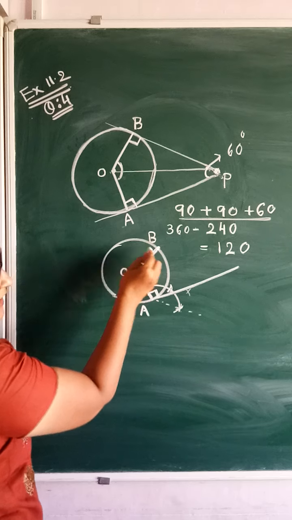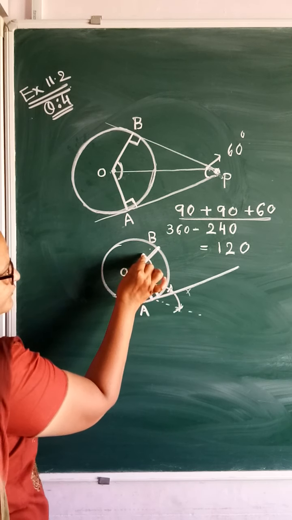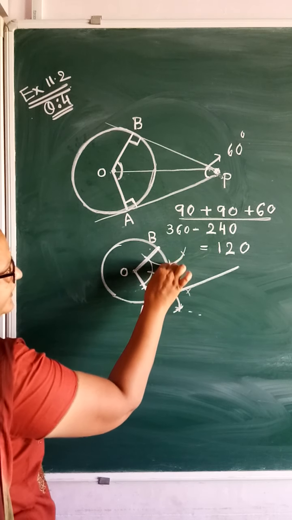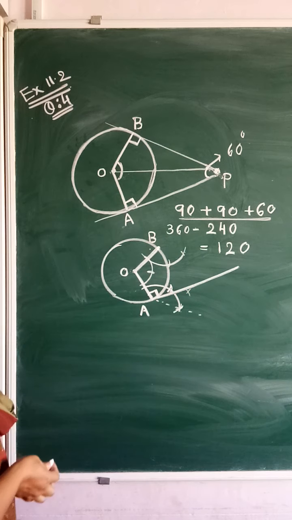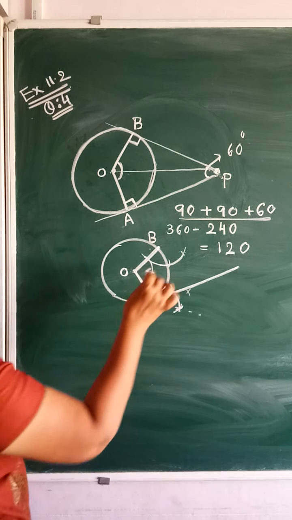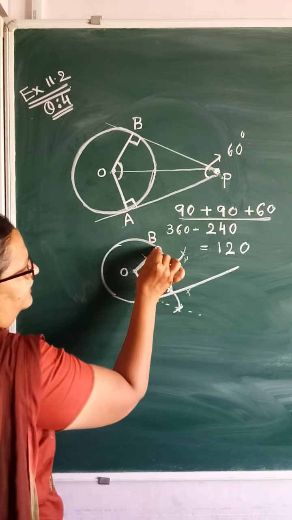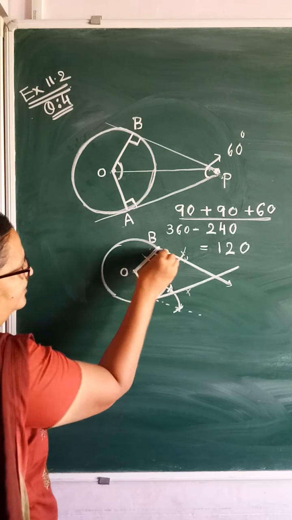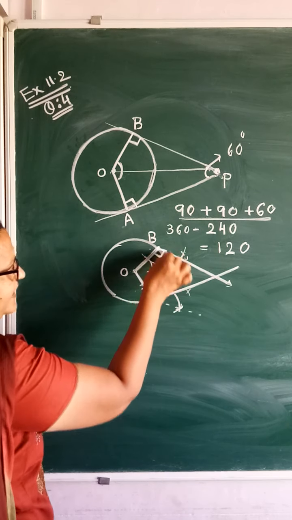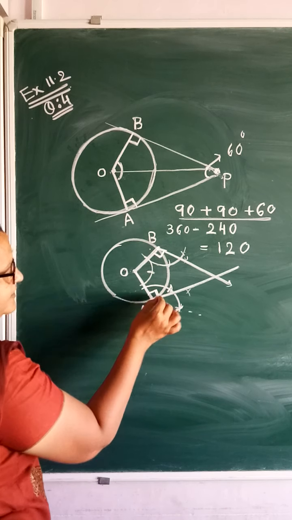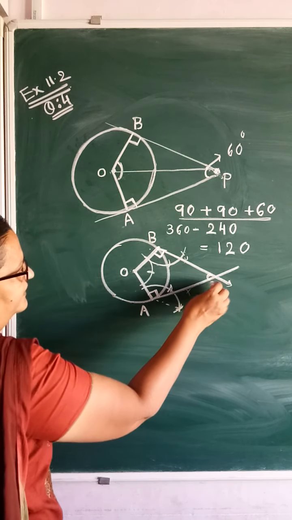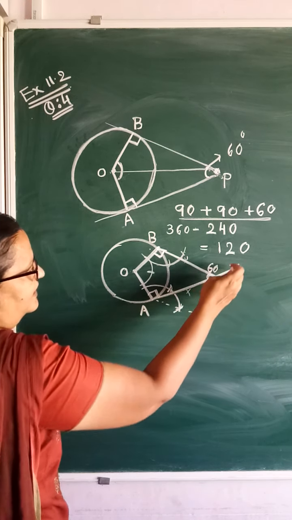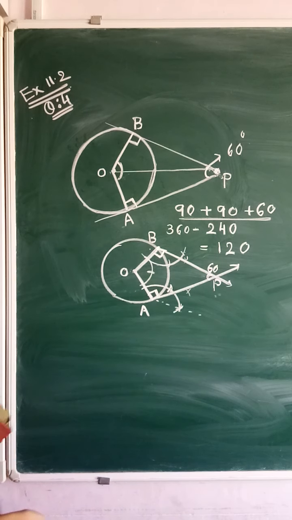Now again at OB I will draw a 90 degree angle. So give an arc from here. 60, 60, 120. Again bisect this part. You know how to bisect and how to form a 90 degree angle. If you bisect this, then this angle is of 90 degree. So now this is 90, this is 120 and this is 90. So automatically the angle at P will become 60 degree, meaning our tangents are inclined at 60 degree.